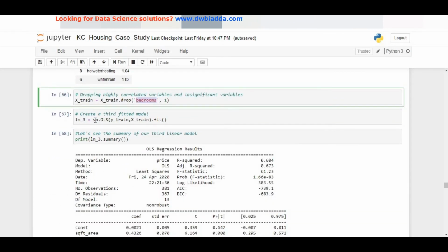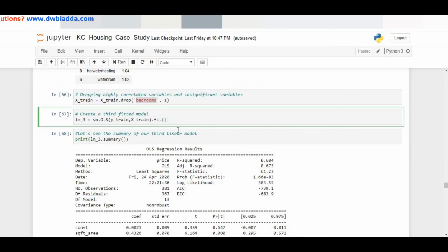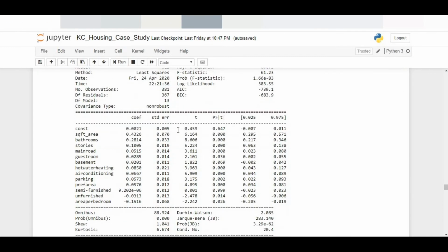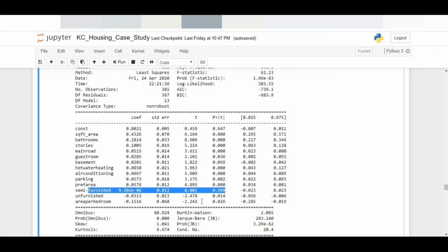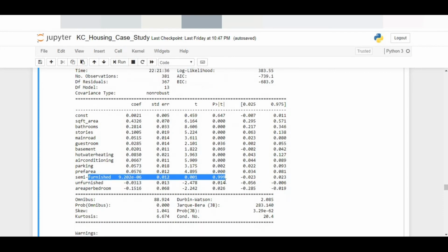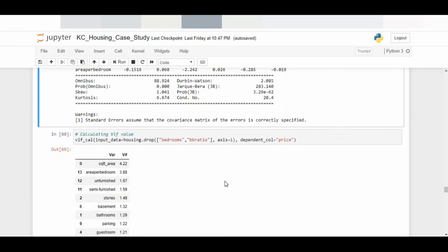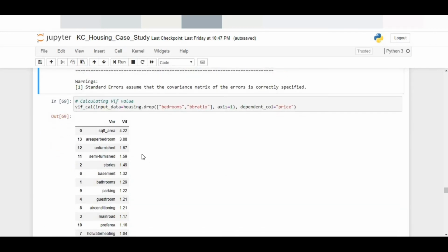Okay, so I drop bedrooms and build my model again on the data without the bedrooms. I compare the p-values. I see the p-value is much better than before, except for one attribute, which is semi-furnished, and the rest looks pretty okay. All right, let's see what the VIF is for this now. I see the square feet area is creating some noise, and it's not much lower than the others.